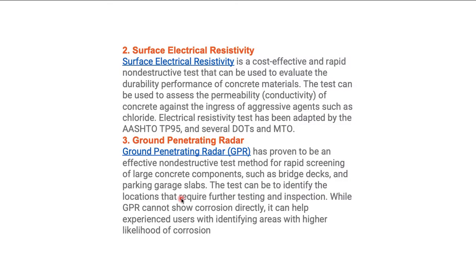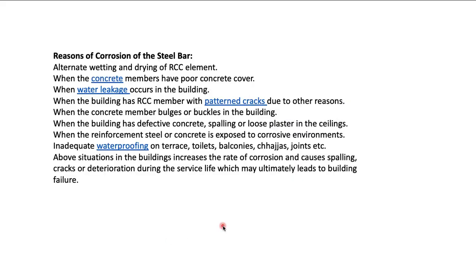And another one: while GPR is not showing the corrosion directly, experienced users can identify areas with a bigger likelihood of corrosion. And another, the reasons for the steel bars corroding, we can see, are when the concrete members have poor concrete cover, when water leakage is there, when cracks appear due to other reasons also,